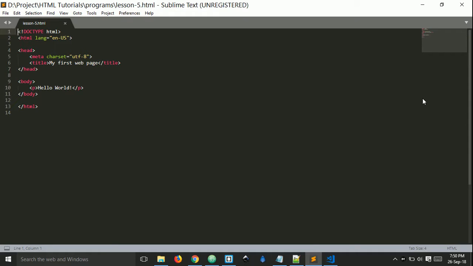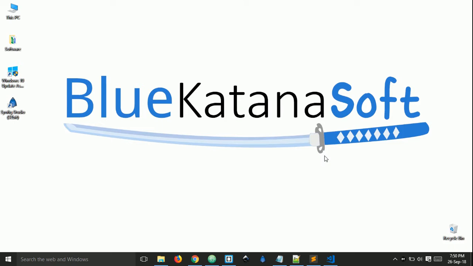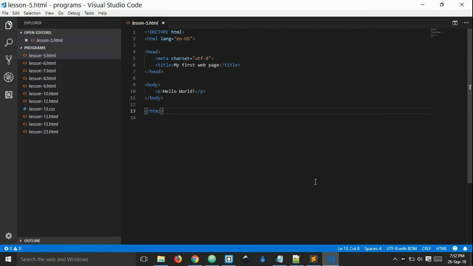This is especially useful if the HTML document becomes too long. The last code editor on this list is Visual Studio Code. Just like Atom and Brackets, Visual Studio Code is a free and open source code editor from Microsoft. Microsoft surprised many developers by releasing this software as a free and open source program. Usually, Microsoft is known for its closed source and proprietary programs.